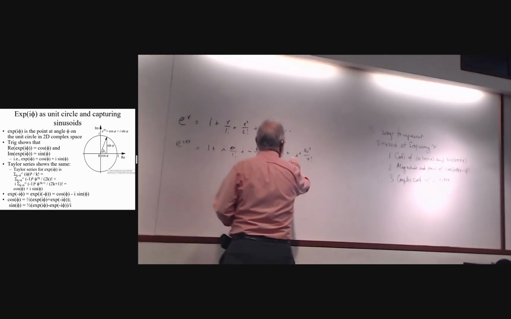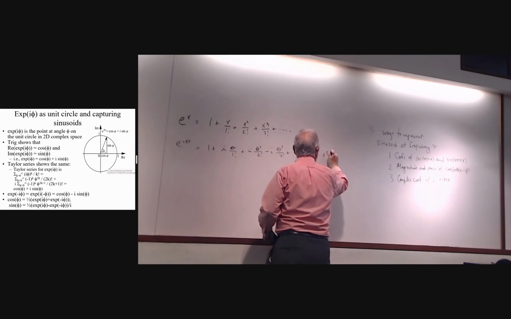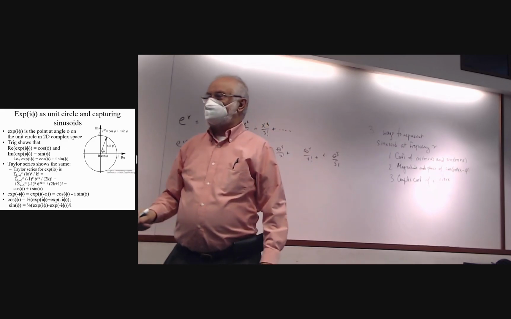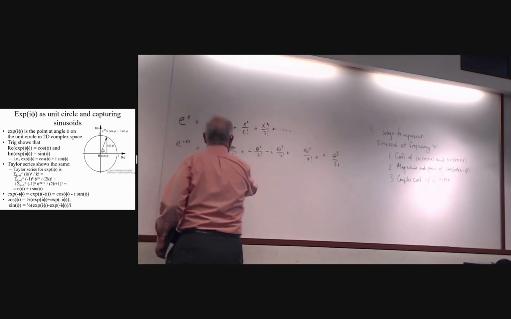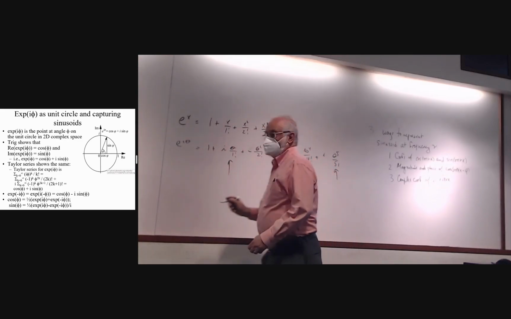And so on. Then we get i to the 5th theta to the 5th over 5 factorial, but i to the 5th is i to the 4th times i, and i to the 4th is 1. The main point here is that the odd terms have an i in them and produce